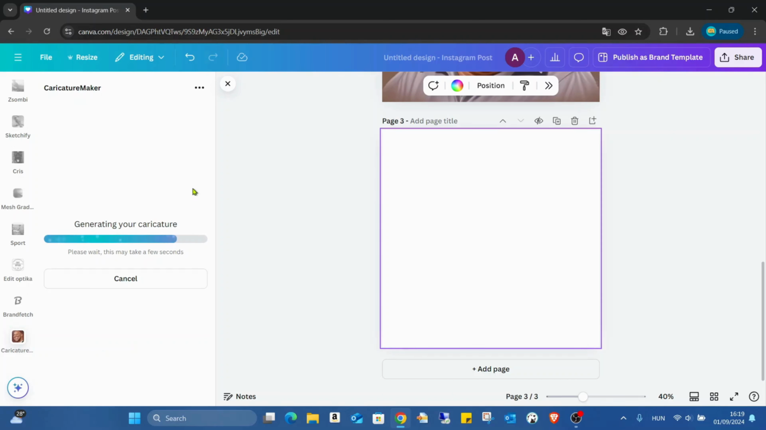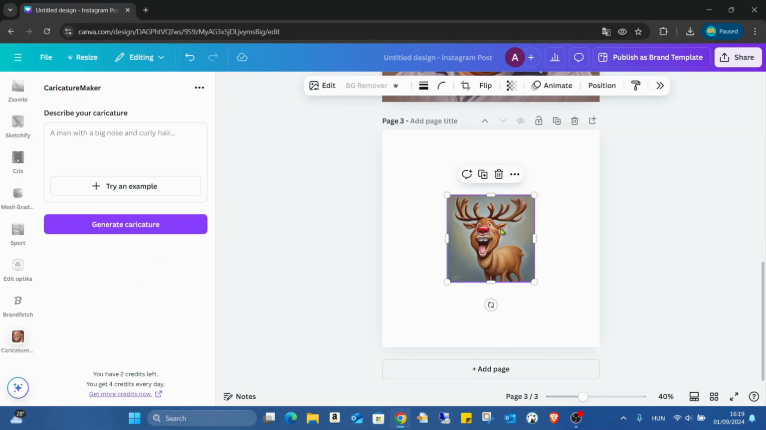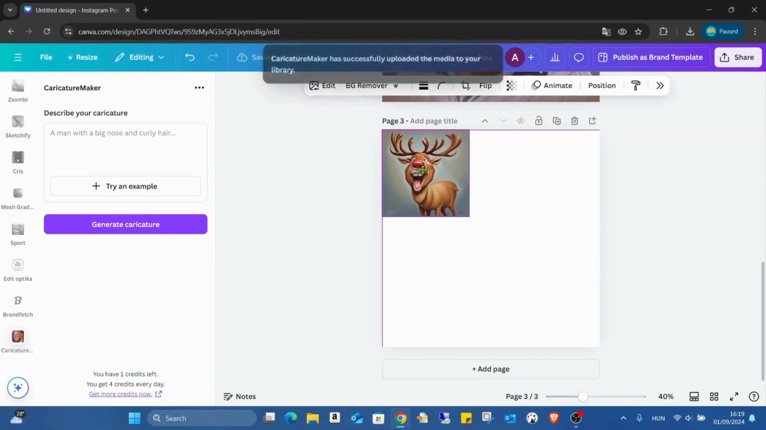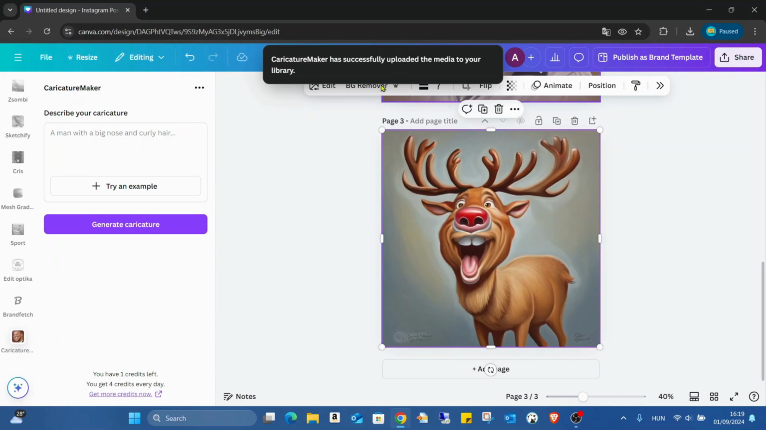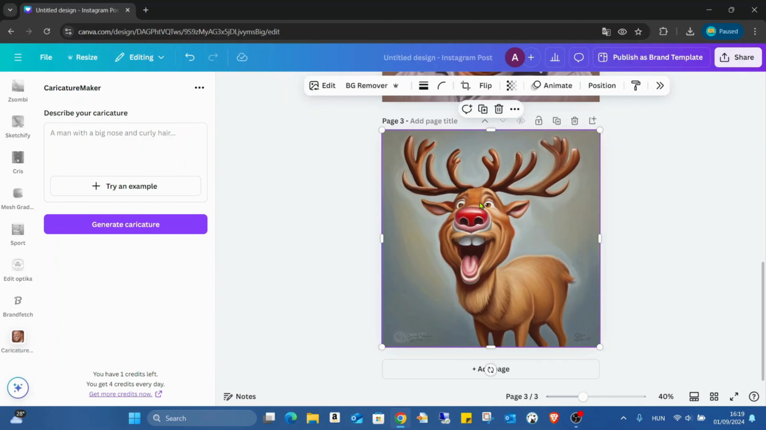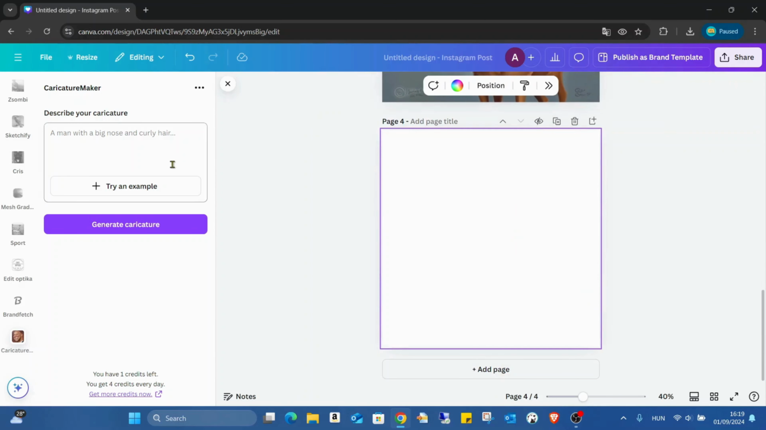We're almost there. So let's just wait a few more seconds and we will have it. That's very cool. And as you can see at the top, the app has already uploaded these pictures automatically to our uploads. So, generating one